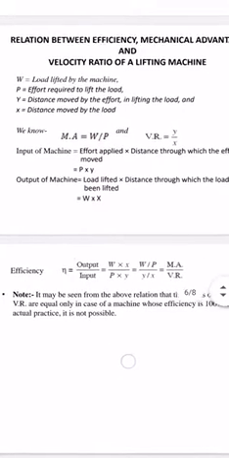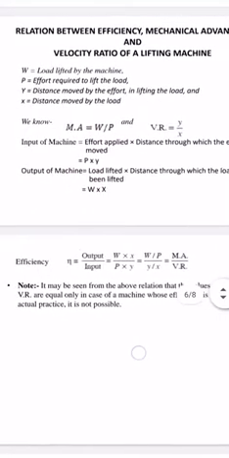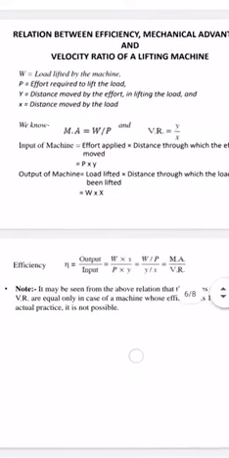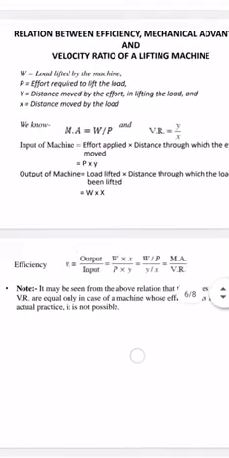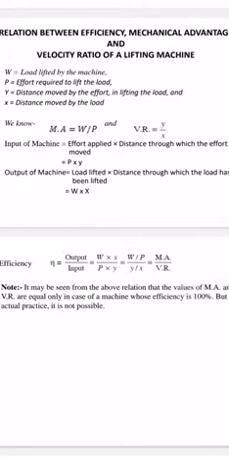So here if you see the relationship between the mechanical advantage and velocity ratio, when they are equal, the efficiency will be 100%. When efficiency is 100%, its value is 1. So mechanical advantage is equal to velocity ratio. So in an ideal machine they will be equal. Okay, so someone may ask in the exam, in an ideal machine what is the relation? MA is equal to VR because efficiency is 100%. Okay, you understand?